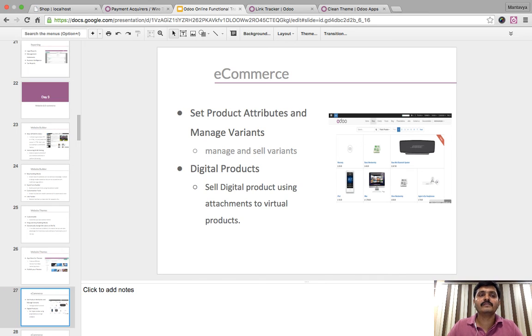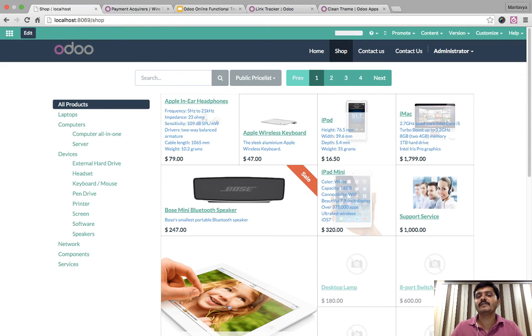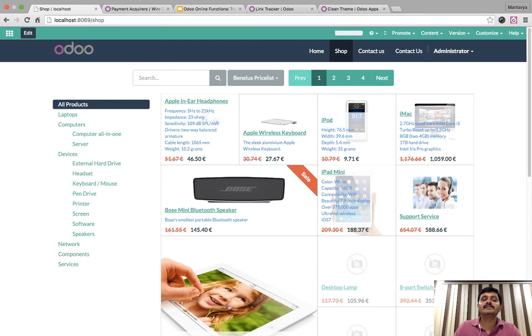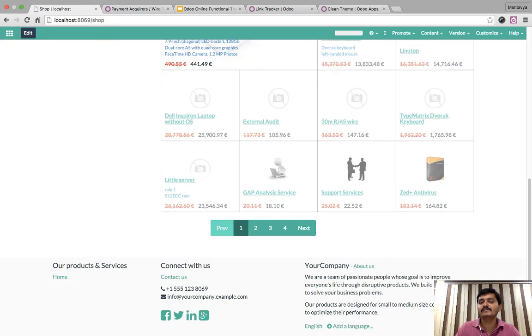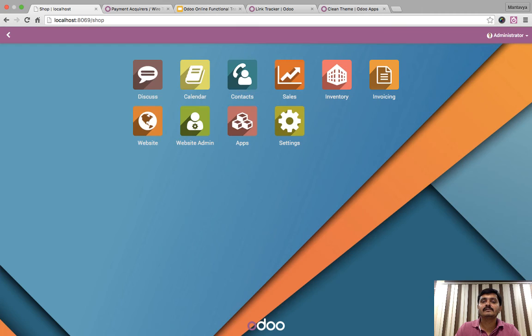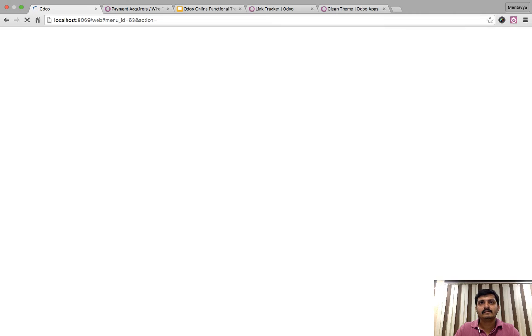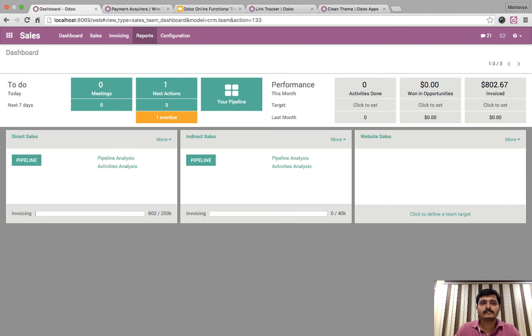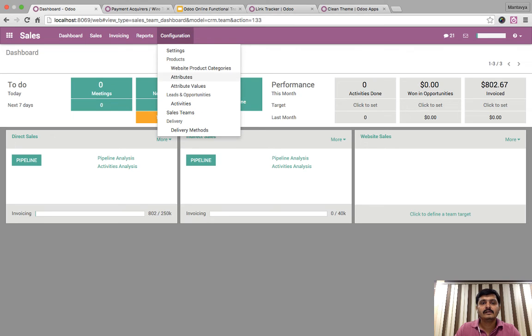So this is how you can configure the product variant, and then you can publish on your shop. Even you can have a price list for the shop too. You can see that there are two price lists, say special price list and public price list. So when you select special price list, depending on that, it changes the price everywhere. You see, to create this price list, you should go to sales, configure, and